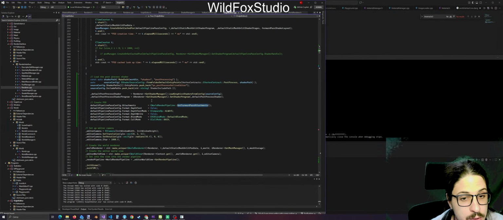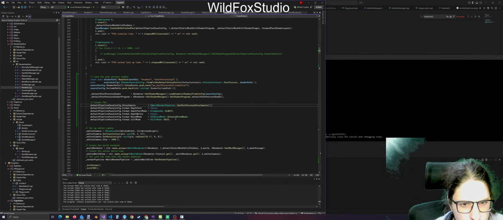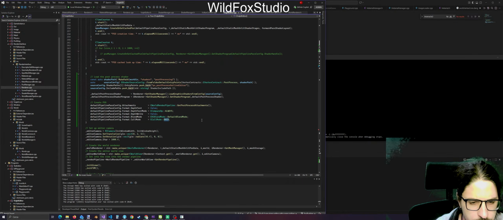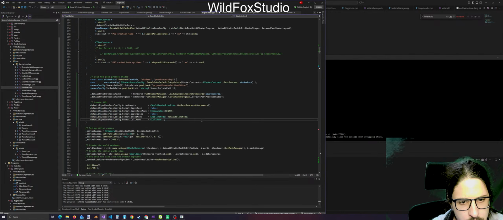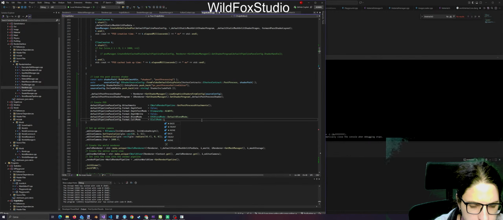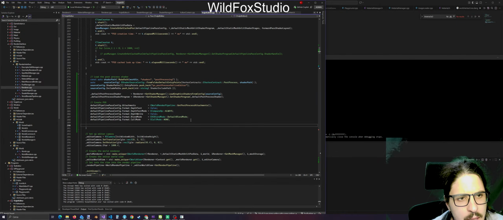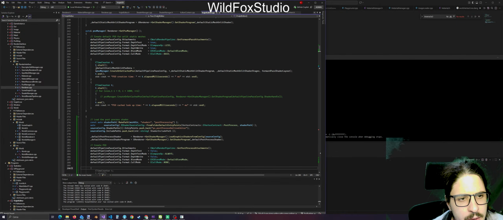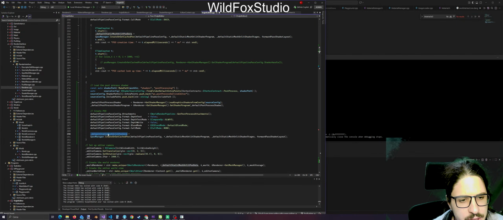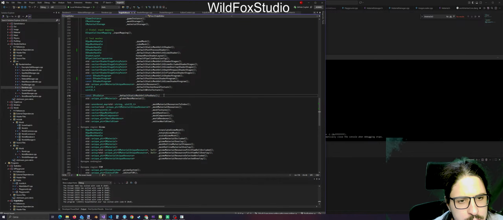We have only color. Default blend mode, yes. Cool. No culling, it's just one triangle. And now we create the shader. So